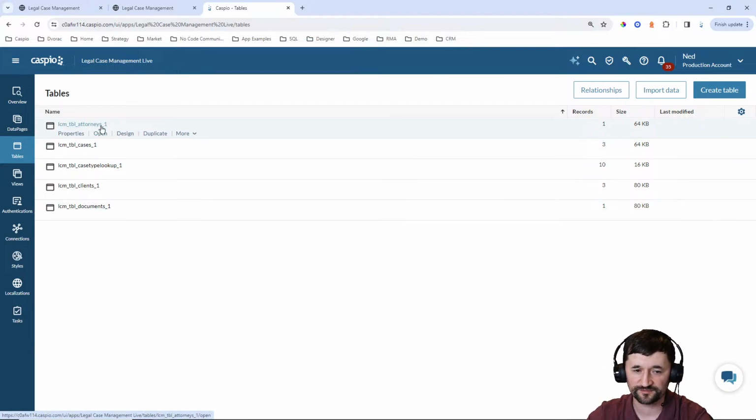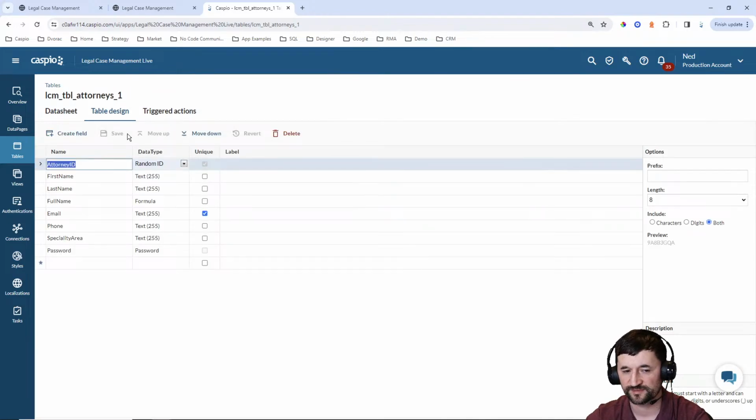The first table, we have our attorneys. Okay, click on design. These are my fields. We have the attorney ID, that's the primary key, and you have all the information pertaining to your attorney. Okay, whatever information you want to have, maybe what area they specialize in. I have my password. And in today's application, we only have one user role, just attorneys. Okay, but you could expand upon that if you wanted to have